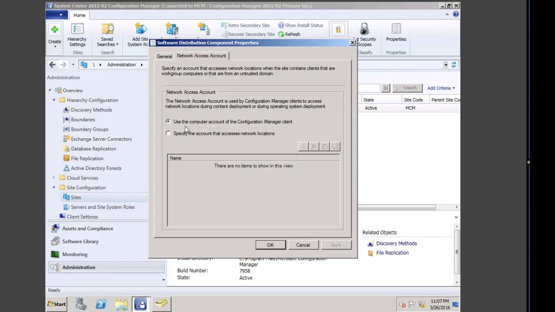If you just use the computer account, a computer account that just has local administrative privileges on remote machines is good enough if you're doing application installation or package installation. But because we're trying to install an OS on a machine that is not on the domain, that does not have any of these client configuration, that's why we need to use this associated with a network user account. So let's click new account,